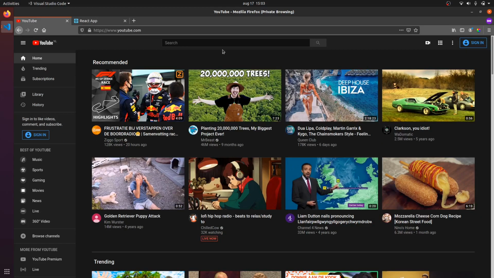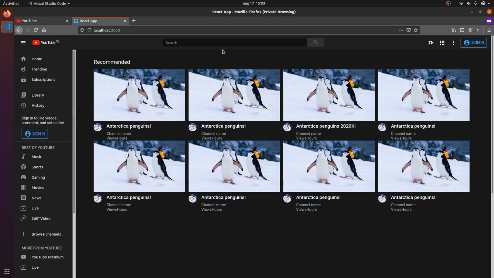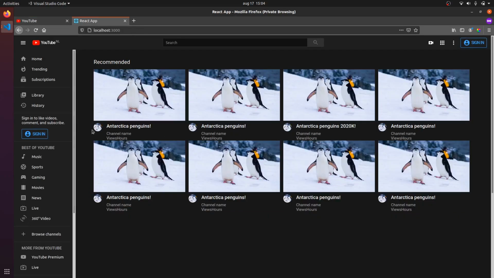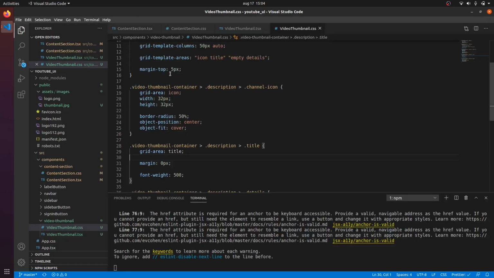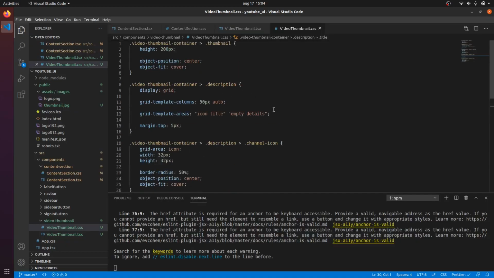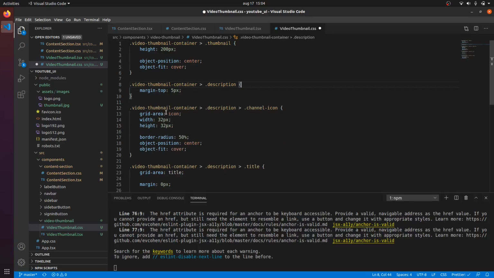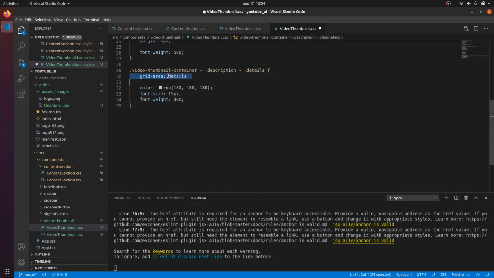So actually, instead of using grid, I'm going to go with the flexbox solution right here, since we do have only 2 columns, and then we won't have to worry about the height of the columns. So I'm going to remove this from here and also the grid, like so. I'm going to remove the grid areas right here,